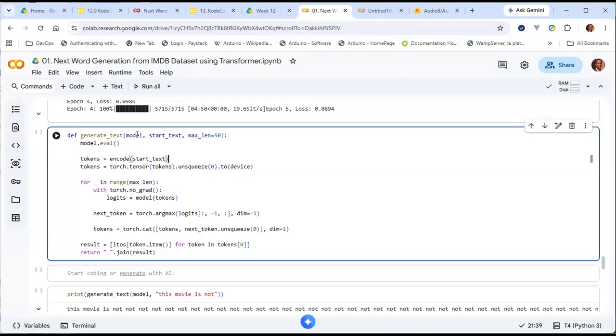So to generate the text, what we have to do is the model is here, the text comes in. We will now run encoding on the text. When you run encoding on the text, you are going to have basically a sequence of indexes, right? Because remember, encoding is 2 steps. The first step is to split the long paragraph into the words that make up that paragraph. And then the second step